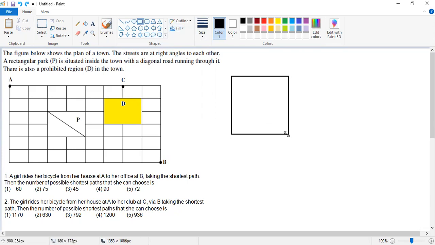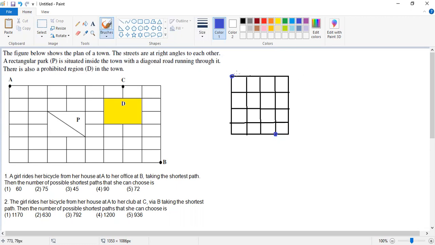So let's take a smaller grid. We have, let's say, a rectangular grid like this, and let us say there are only a few connections like this. Let's just assume they're equal gaps. Now let's say that you need to travel from this point to this point, or any other point, using the shortest route.